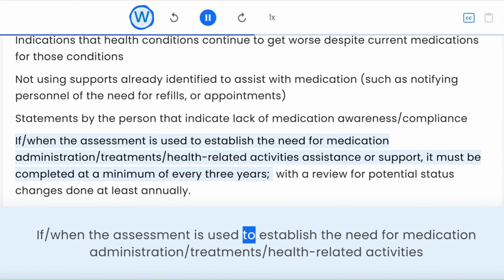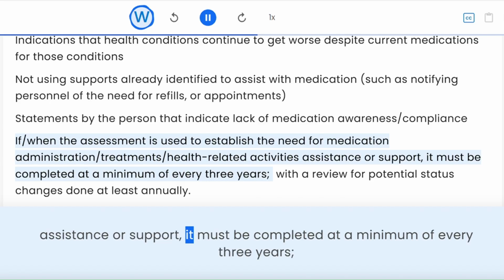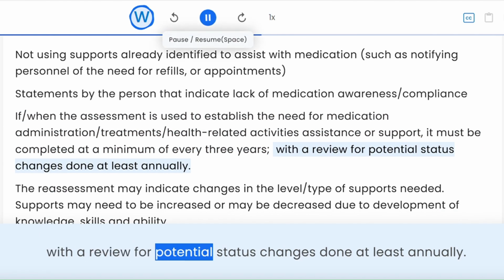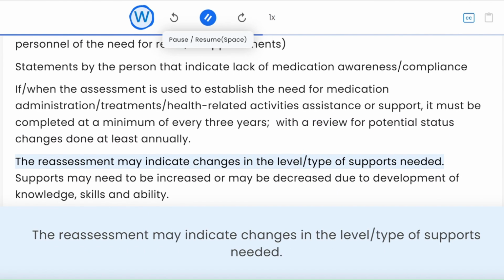When the assessment is used to establish the need for medication administration, treatments, health-related activities, assistance, or support, it must be completed at a minimum of every 3 years, with a review for potential status changes done at least annually. The reassessment